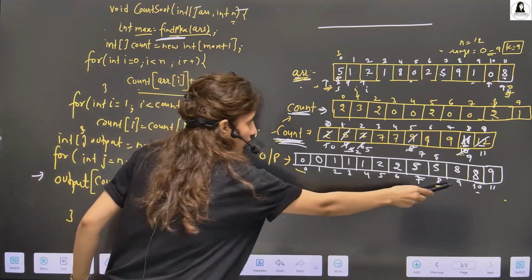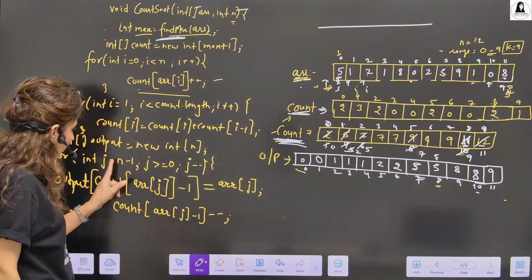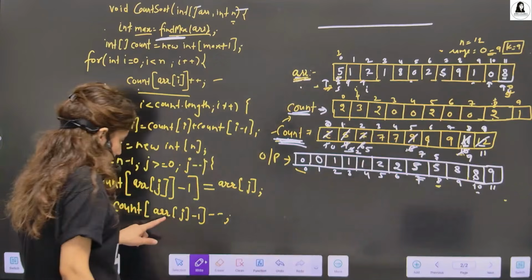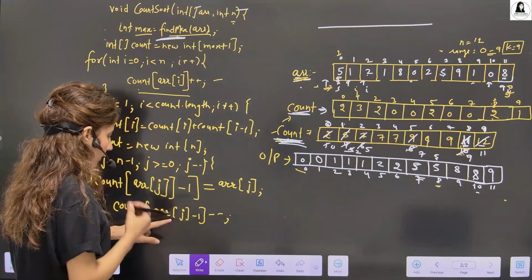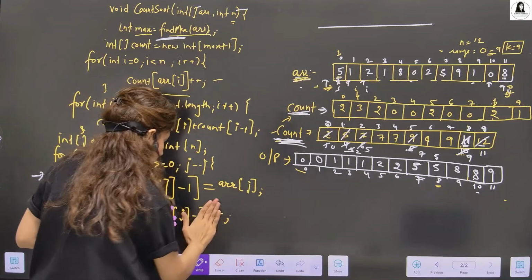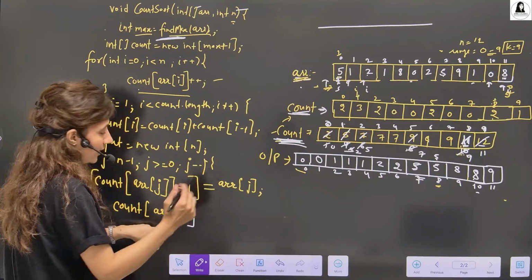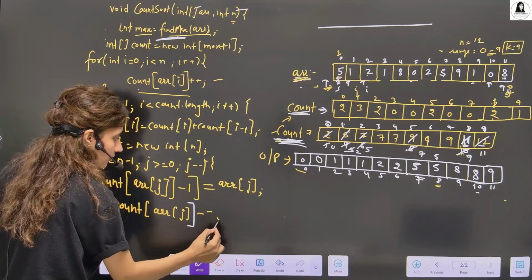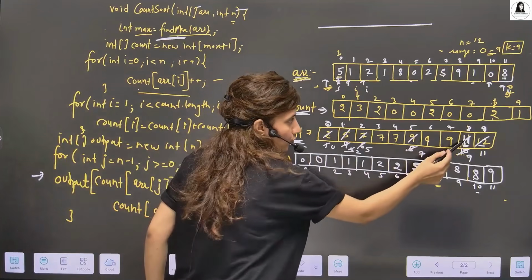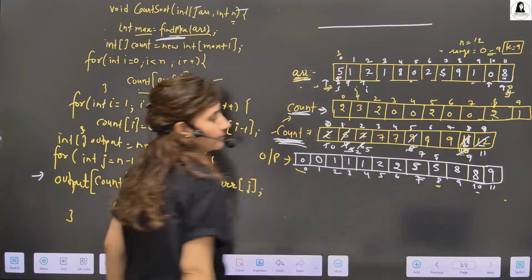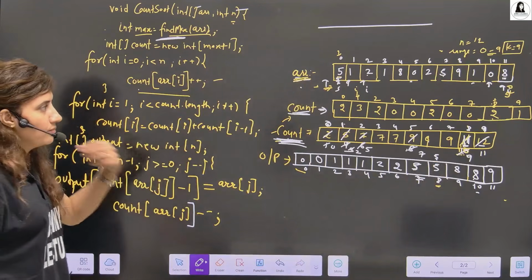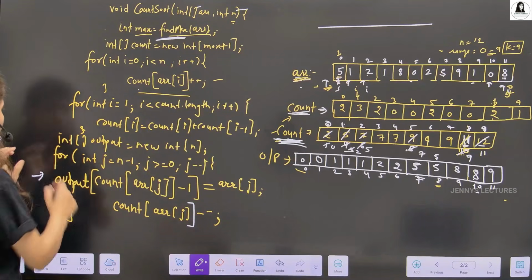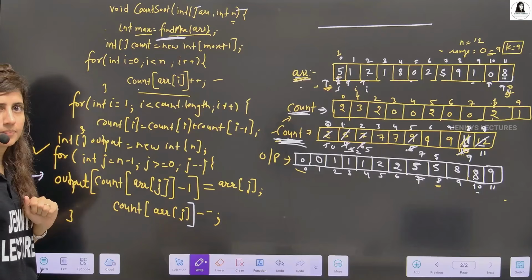After placing this value here, now we go for count array of j. j is right now n minus 1, that is here. That is 8. So whatever array of j, that is 8. Whatever count of 8, whatever is there, we just do minus minus. So here it was 11. So we just do minus minus, it becomes 10. Because next time we deal with that position, 10 position. These two steps within this for loop make this output array.